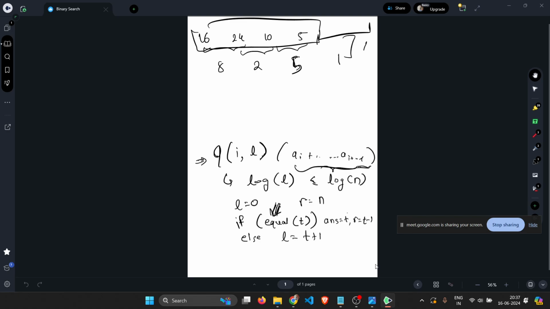Yeah, but this binary search loop will run only log n times. So this will take log n. It will be in a loop while L is less than or equal to R, to find mid, P is equal to mid, and this will take log n time. Now we want to minimize the time for the equal function. So simply what we can do is we can do it in n log n, because this query takes log n time,